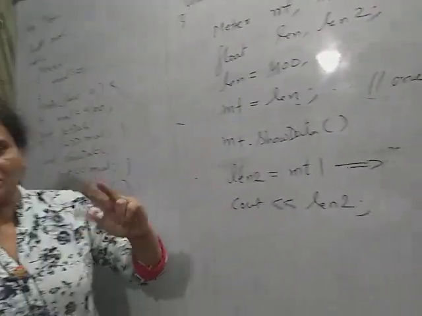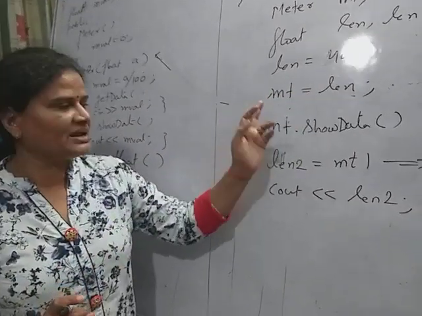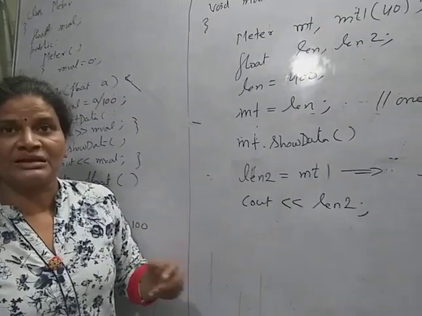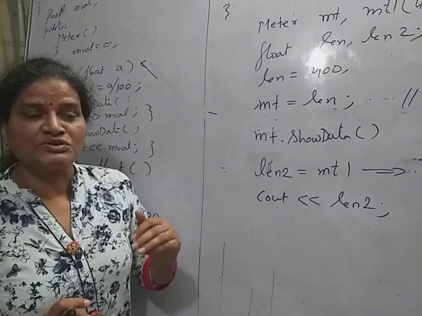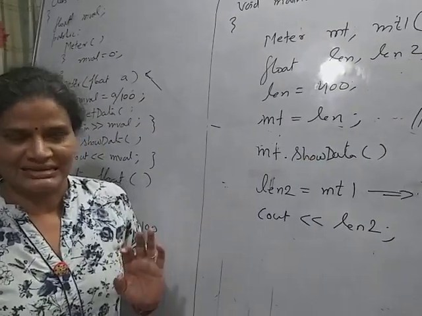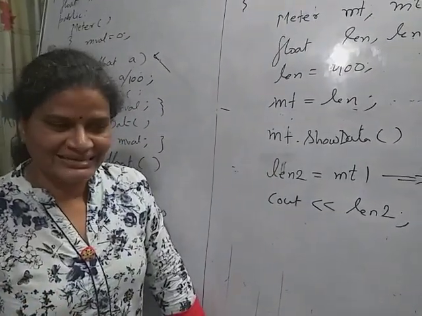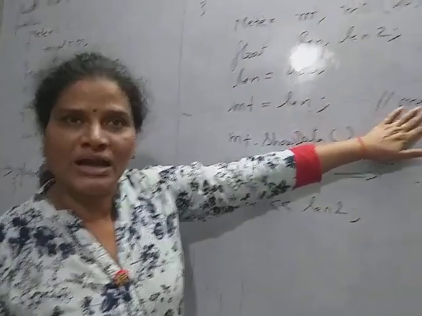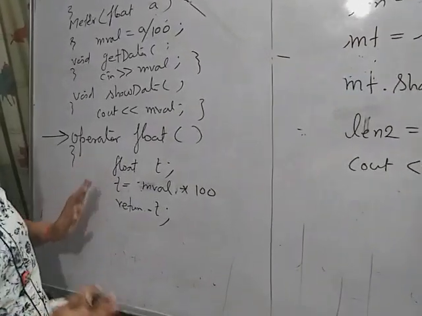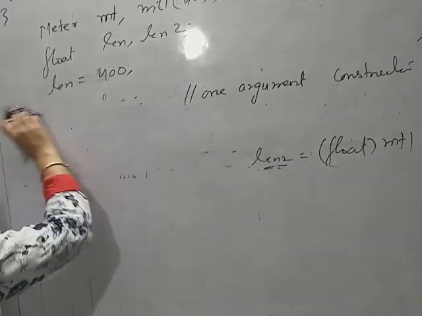So I covered two points, when you are converting basic type into user defined and user defined type to basic type. Now the third one, that is more complicated, when our objective is to convert an object of one class into an object of another class. Okay, so an object of one class into an object of another class, either you use a one argument constructor or you use an operator conversion routine.